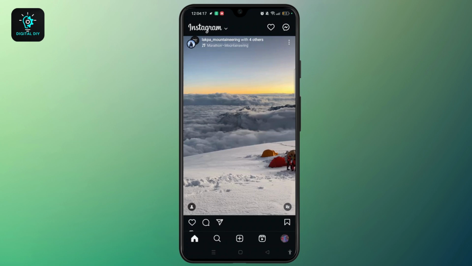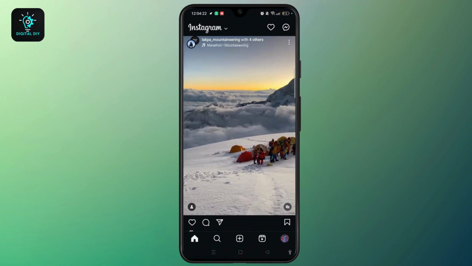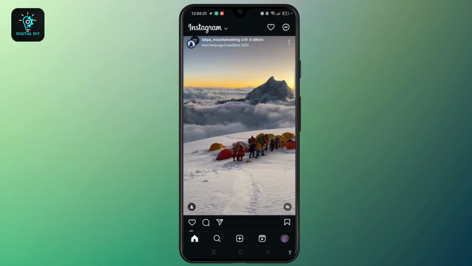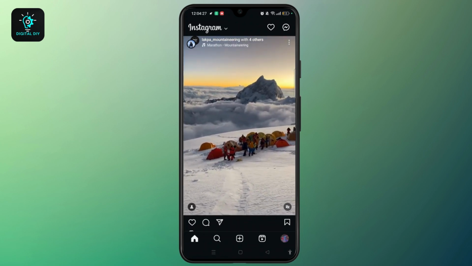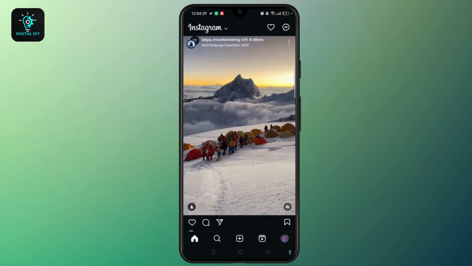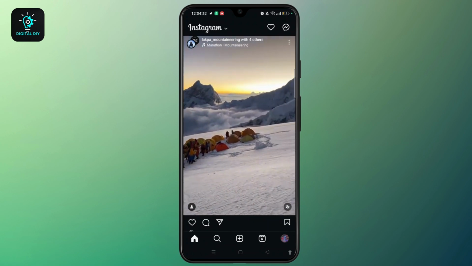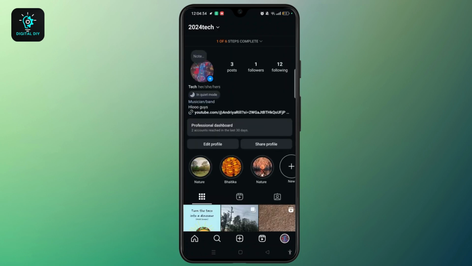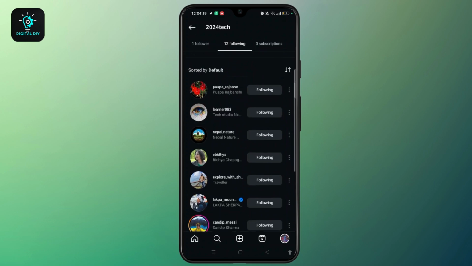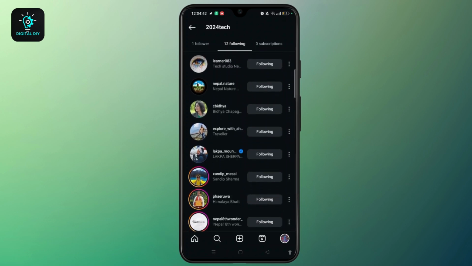If you have a handful of followings on Instagram, you follow lots of people, and you want to quickly unfollow them, what you have to do is simply tap on the profile icon at the bottom right corner of the screen to access your profile feed and select the following option. And when you open this following option here, the only option you have is to tap on the following and simply unfollow in